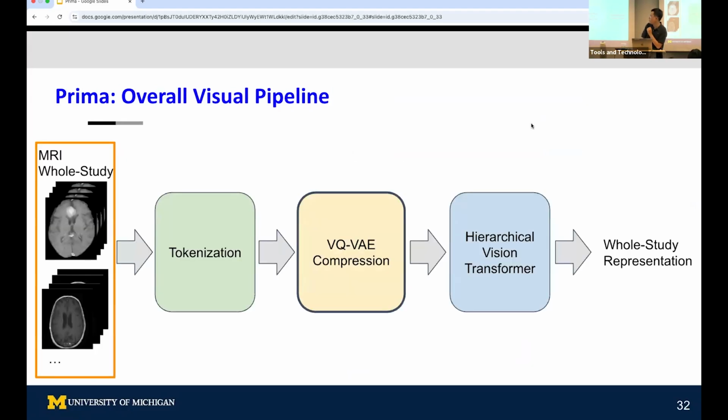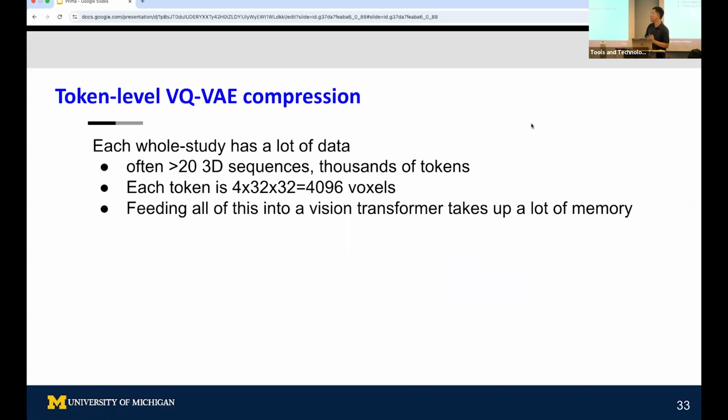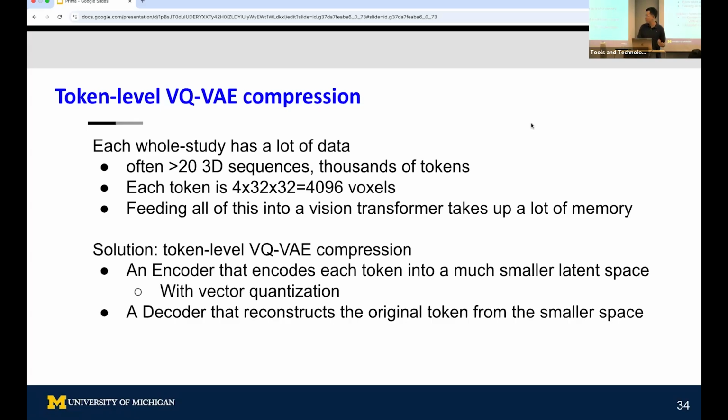For the next step, we're going to do a VQVAE compression. Why do we need this compression step? Because this whole study, as we mentioned before, is very complex and has a lot of data. It often contains over 20 3D sequences and thousands of tokens. Each token right now is 4 by 32 by 32, which means it's 4096 voxels in total. This is very big, and feeding all of this into a vision transformer can take up a lot of memory. In order to alleviate this problem,